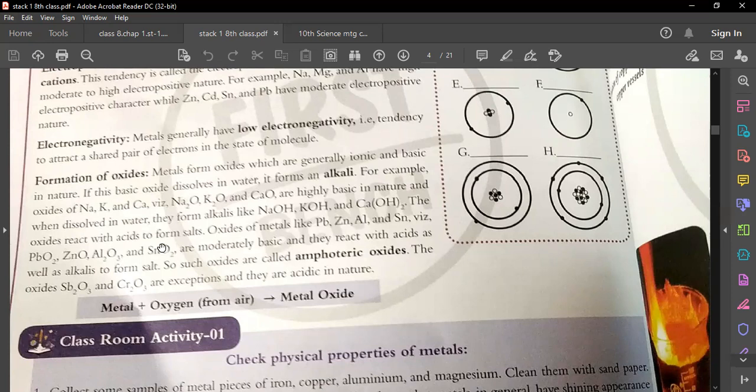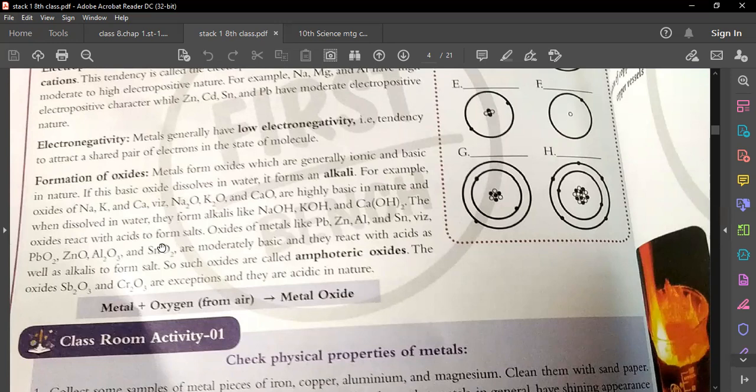What is the meaning of acid or what is the meaning of base? Sir, the pH more than 7 is called basic, and less than 7 is acidic, and 7 or 7.5 is neutral. 7 itself is neutral, not 7.5. Only 7 is neutral. Yes, sir. Okay. Next, Vedika.